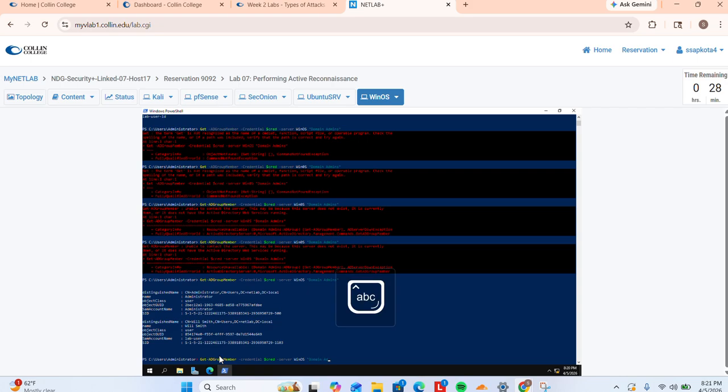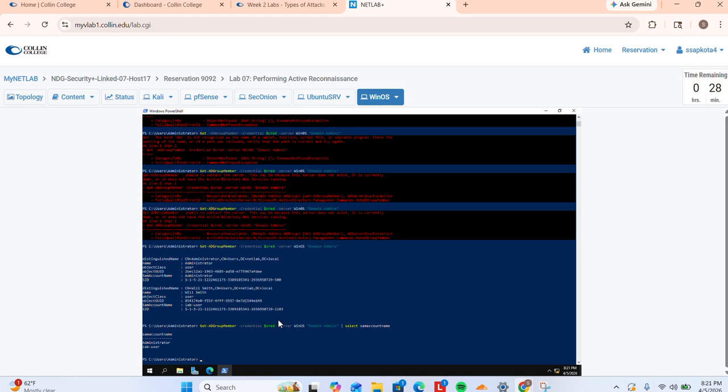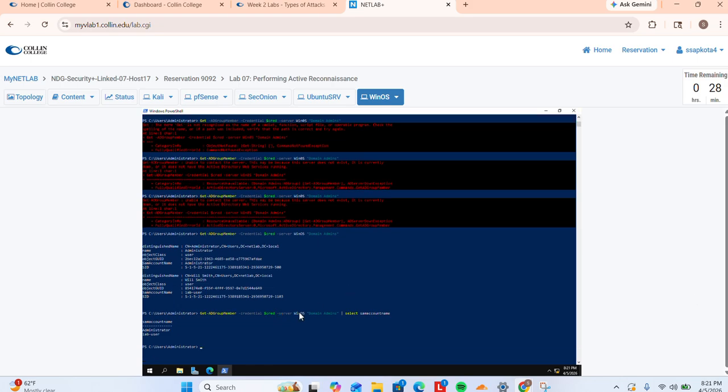Domain admins, select SAM account name. So I can see the result for the same account name, and after that step I'm going to verify the domain itself, view the domain itself, and the command for that is